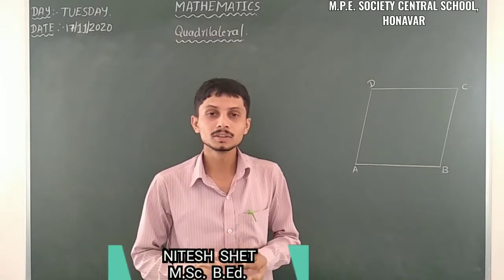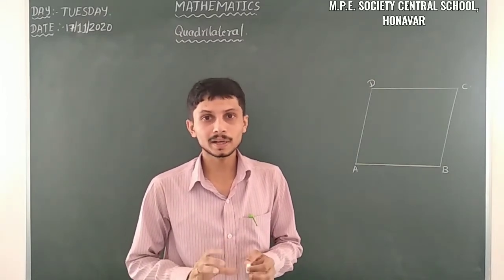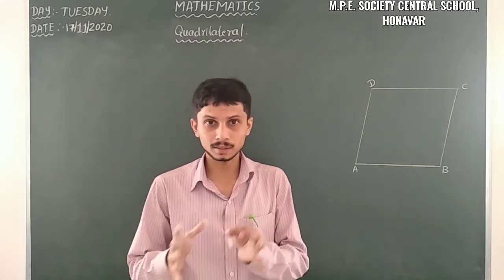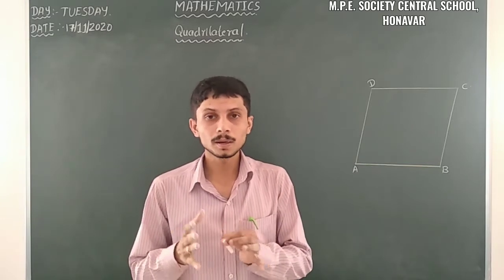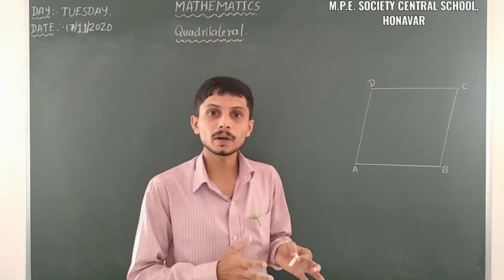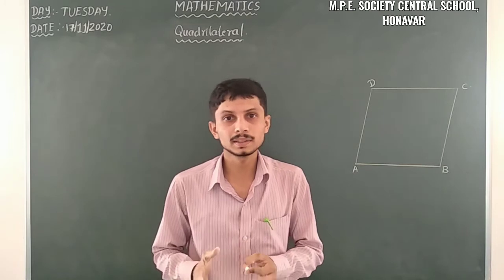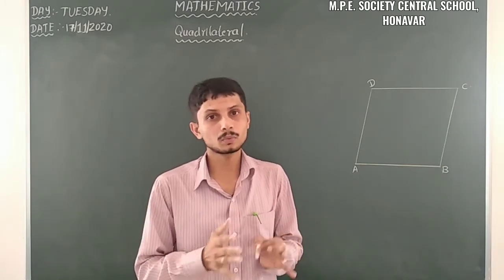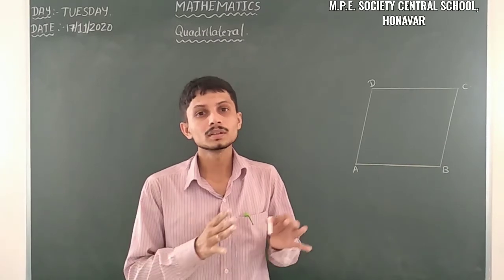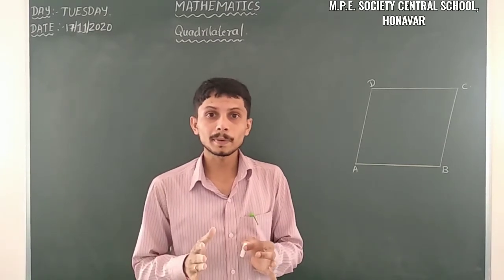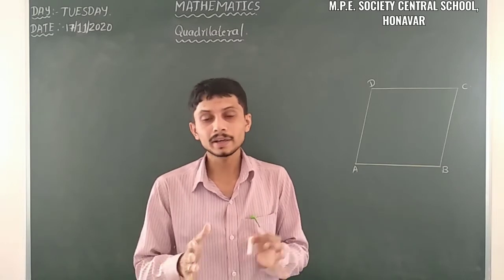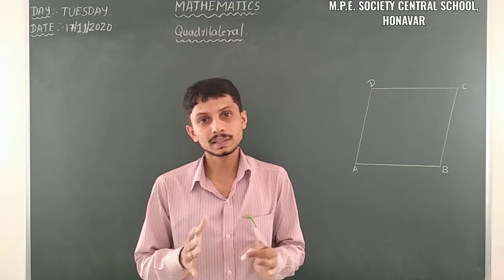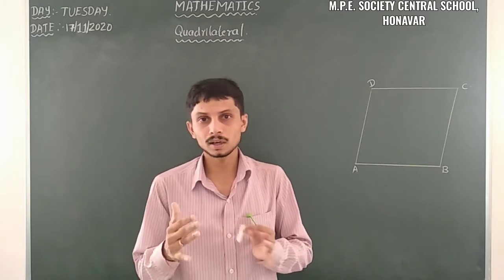I am from Manavara. Last class we discussed a topic from 9th standard, that is quadrilateral. In quadrilateral we already discussed some of the theorems based on the properties of a parallelogram: theorem 8.1, 8.2, 8.3, 8.4, 8.5. From theorem 8.1, we discussed that the diagonal of a parallelogram divides it into two congruent triangles. And theorems 8.2 and 8.3 tell us that the opposite sides of a parallelogram are equal.